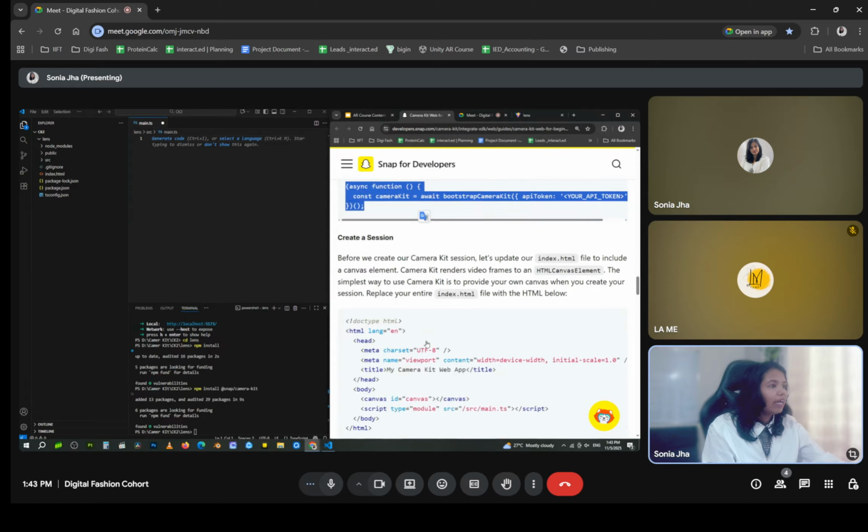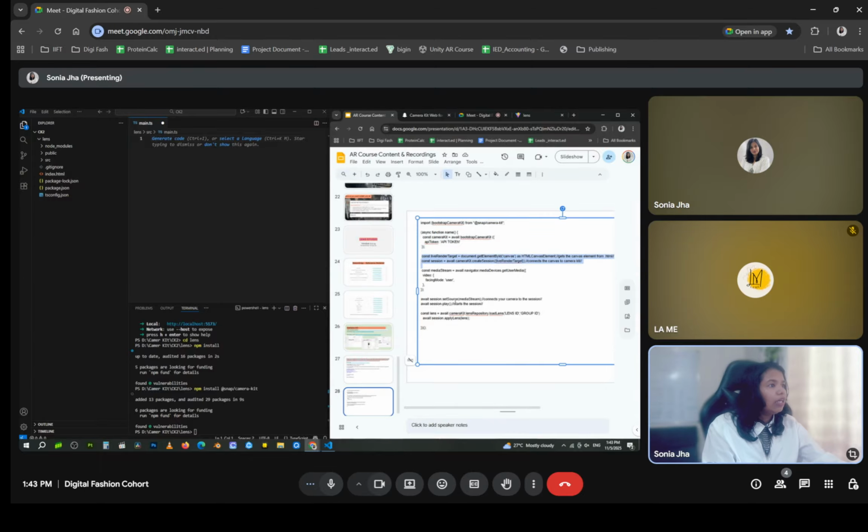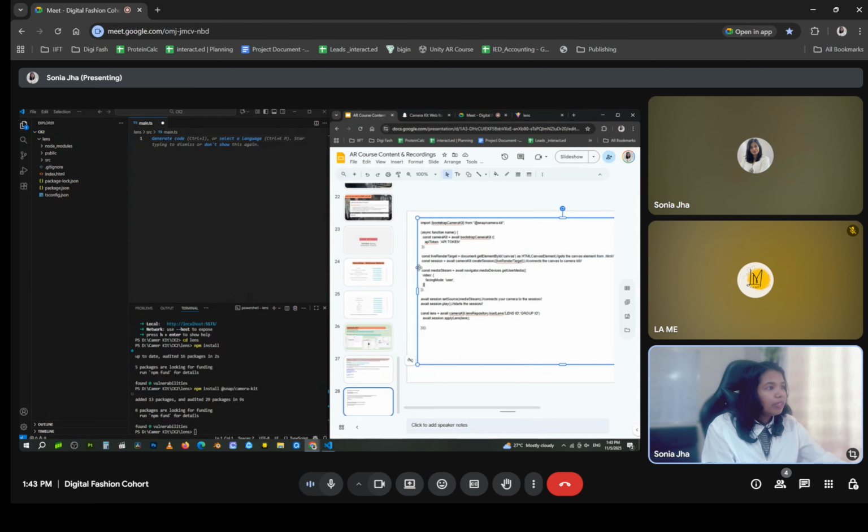Then you go back, scroll down, const live render target, and they have put it here. Then you scroll down further, you see const media stream, await session. I have written all of it here. So what you have to do right now is just copy this whole thing